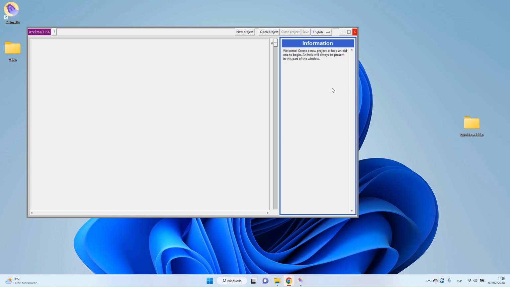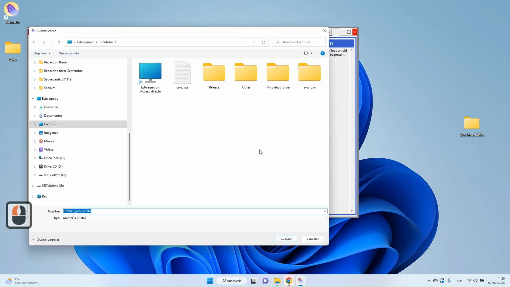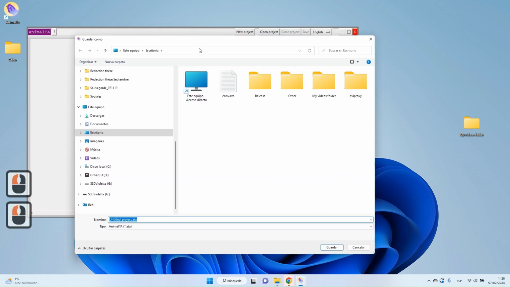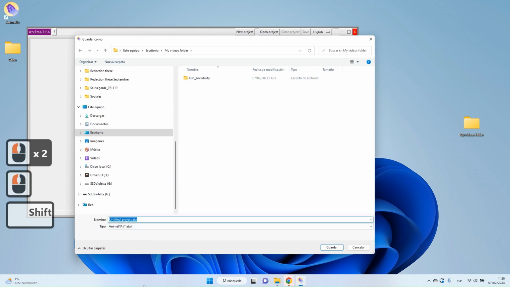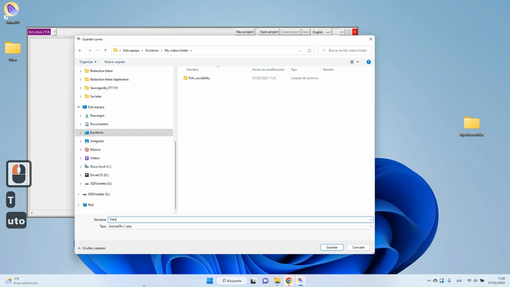To create a new project, just press this little button here. And now you will have to indicate to AnimalTA where you want to save this new project. In my case, I want to create my project in this folder, and give it a little name, so tutorial video,